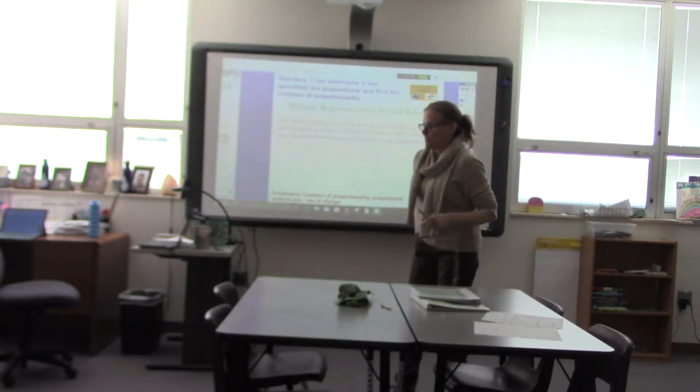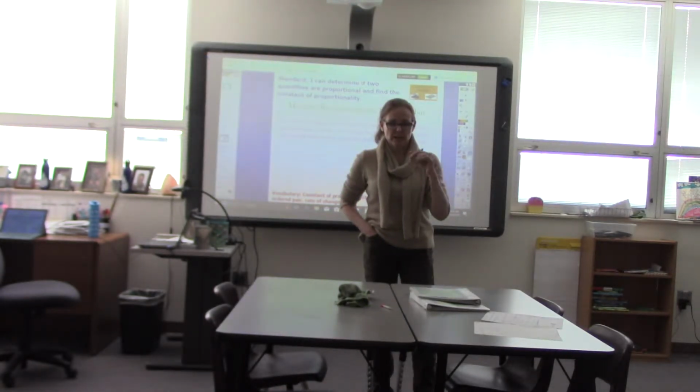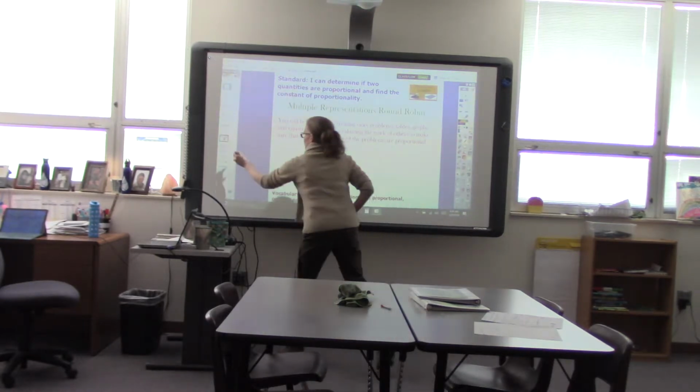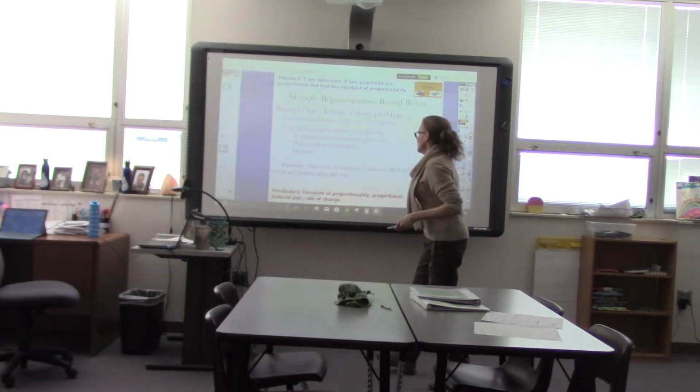I'll hand out the graphic organizer, which I'll send along to you as well so you can see that. The graphic organizer just has 4 quadrants on it, and it says story problem, table, graph, and equation. So the first round,